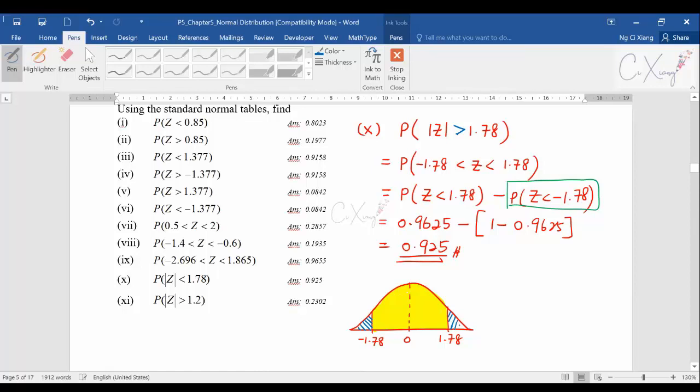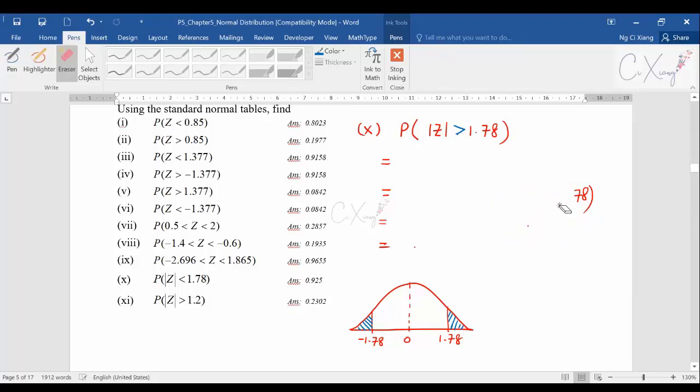If I change my question to become modulus z greater than 1.78, this is a way that I ask my student to remember also. Modulus smaller than a number means it's between the negative and positive number. If it is greater than, it means it is the side. So if you draw out the graph already, maybe you need to remember the graph here a bit